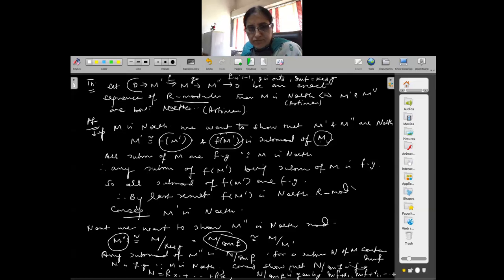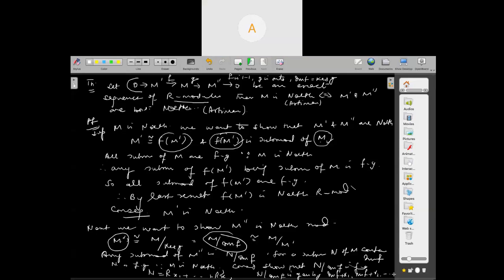Student: Ma'am, will it be image of f plus r x1, or x1? As an R-module, it is generated by these elements.